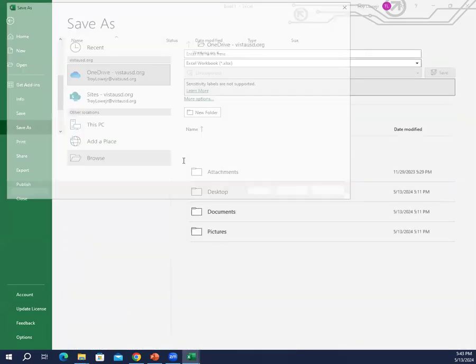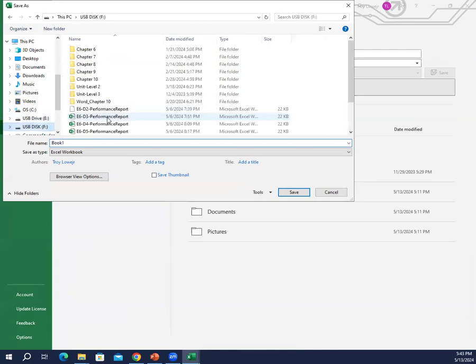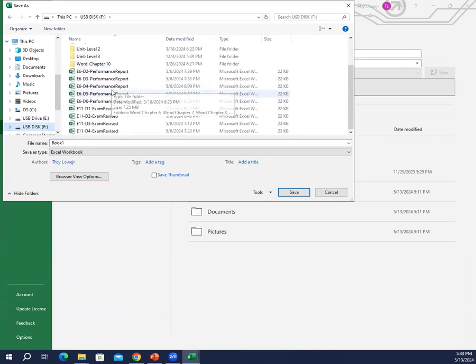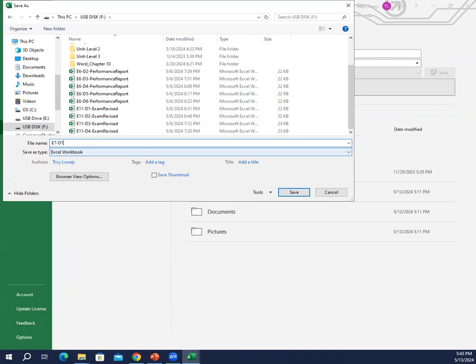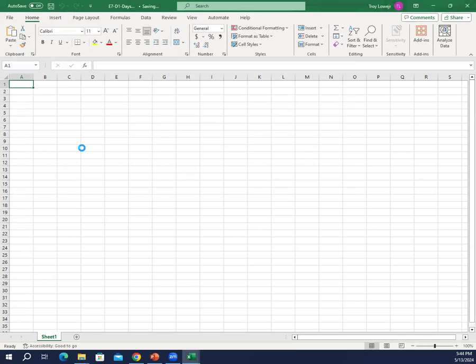Go to Browse, make sure you're saving it to your thumb drive. And this is going to be E7-D1-days old. And then hit save. So once you have that saved,